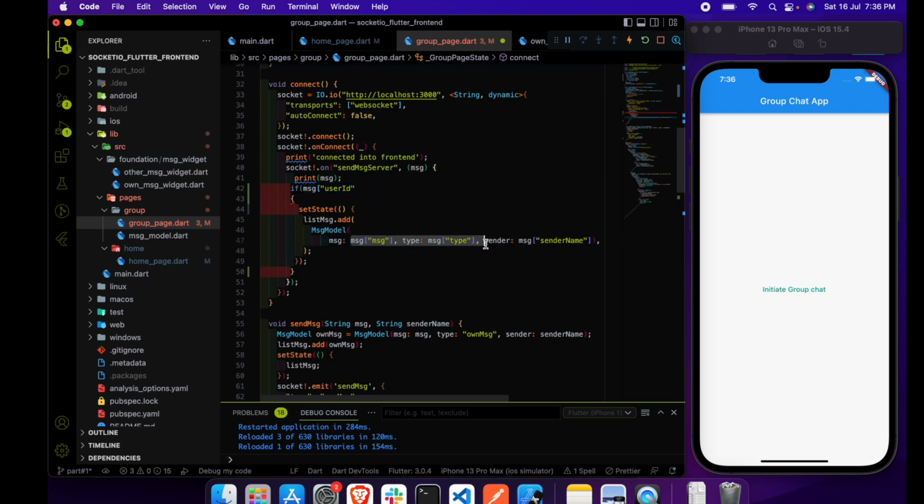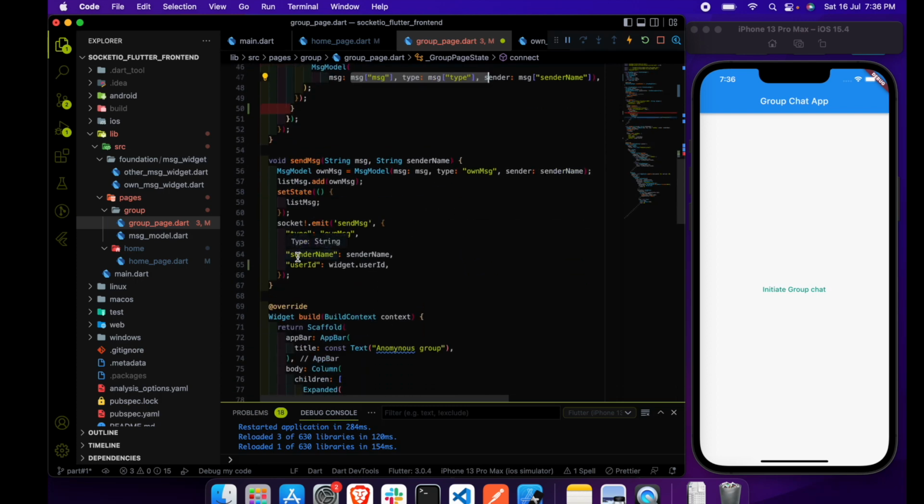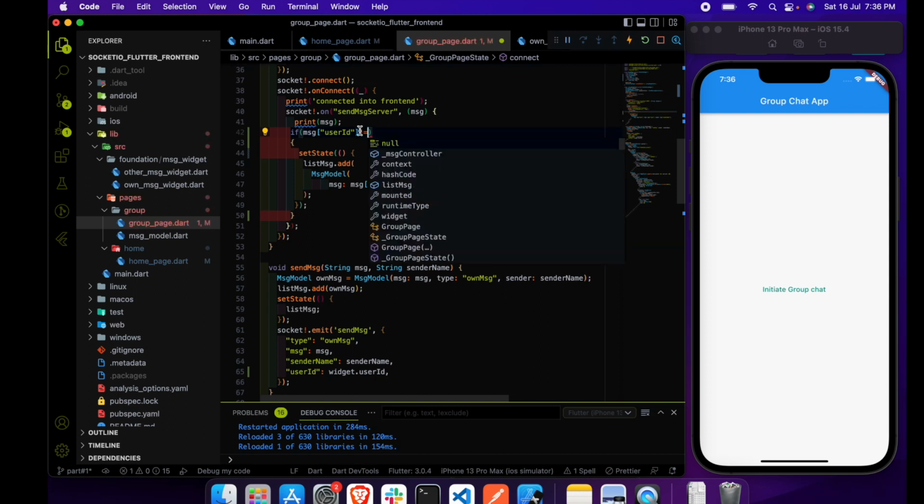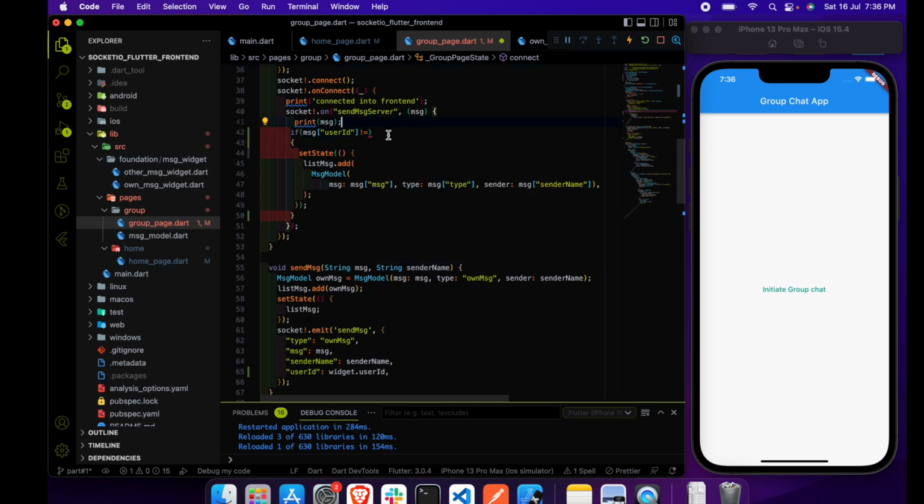So we get everything we send from the front end back from the backend. So if that particular user ID is not equal to our user ID, that is widget.userId, then only I'm going to add it. So suppose, let me show you,